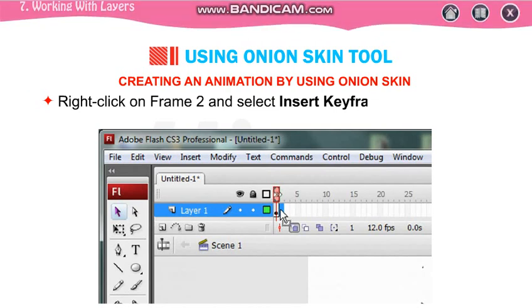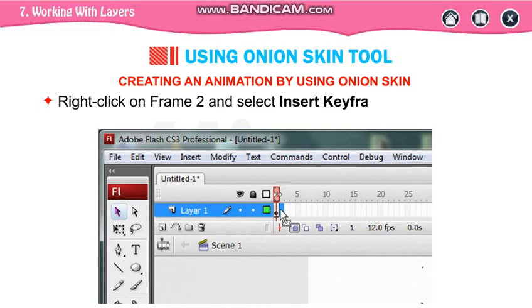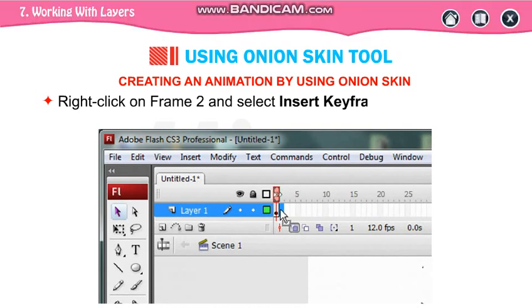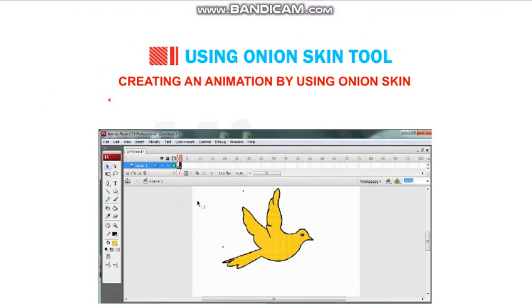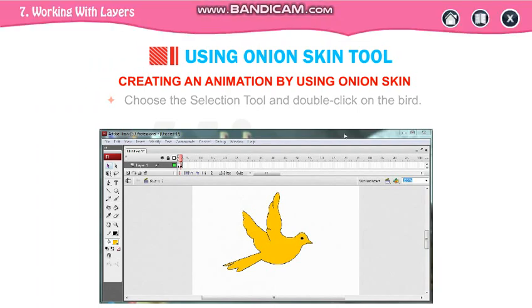Right click on frame 2 and select insert keyframe. Now the first keyframe is there, second keyframe पर select करके insert keyframe, or you can press the F6 key. Choose the selection tool and double click on the bird.